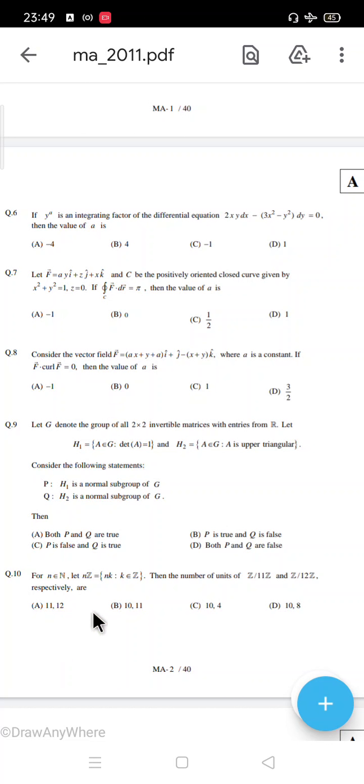Let us go. So you have to find the number of units, no? So the number of units for this is 10 and this is 12, which means 4 3s are ready, 2 squared into 3. So for 2 squared it is 2, and 3 it is 2, so I think that will be 4, correct? 10 and 4. So option C is the correct one, 10 and 4.